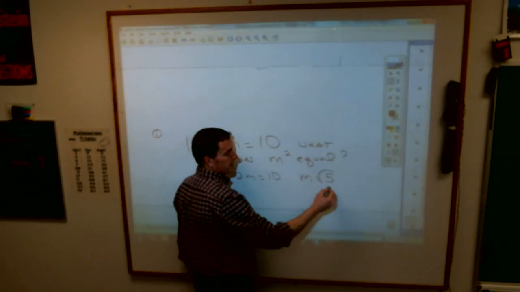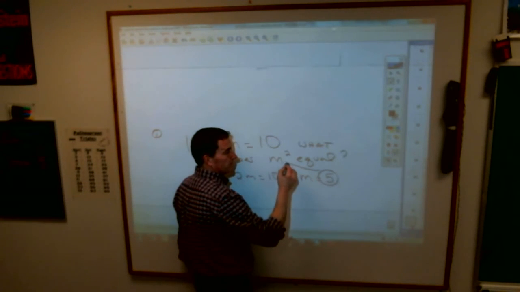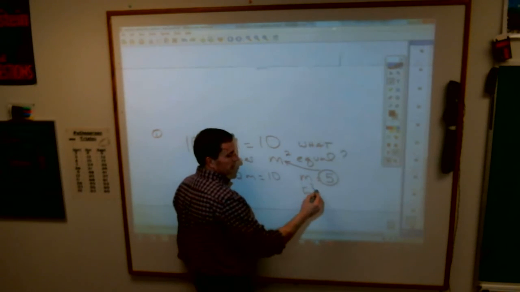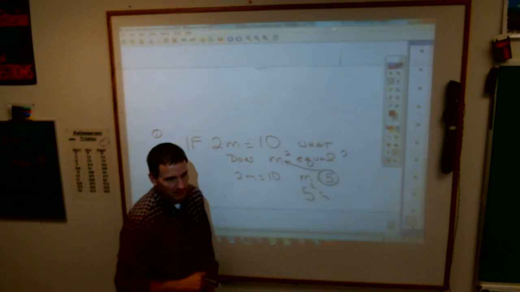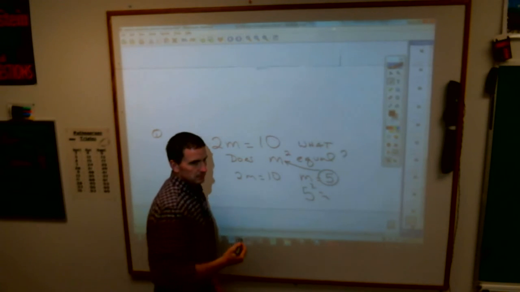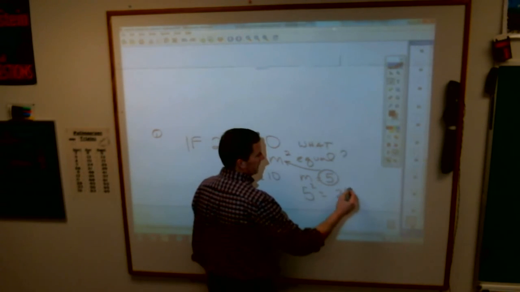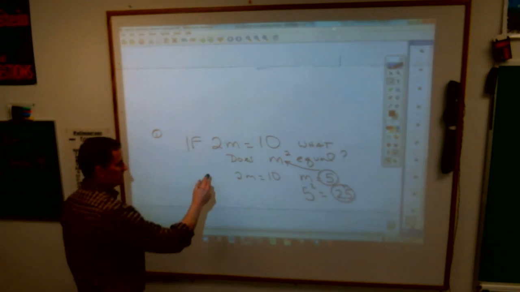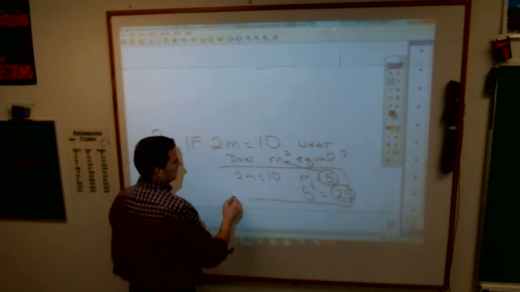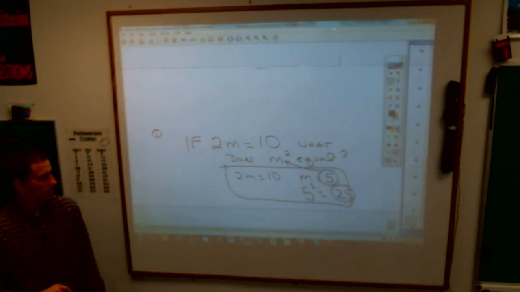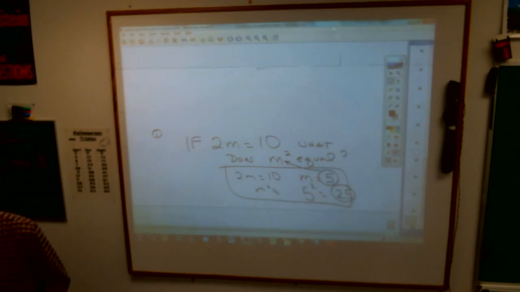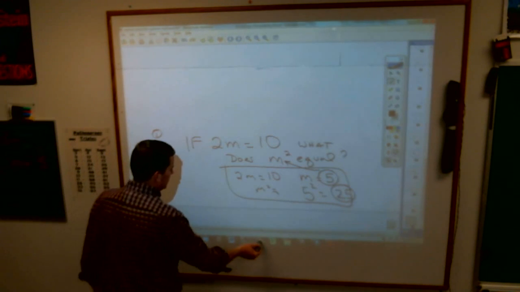And once you know what the letter m is, you can put 5 in for the letter m. So then you say, okay, what is 5 squared? Please don't say 10. What is 5 squared, Caleb? 25. And that would be your answer. So this is what I should see on your paper. Well, I should probably see m squared sometimes. Now, just so you know, for those of you that thought I talked for a long time, which